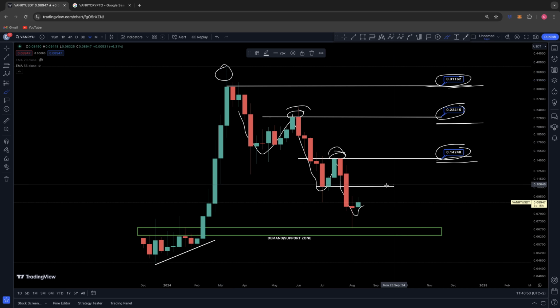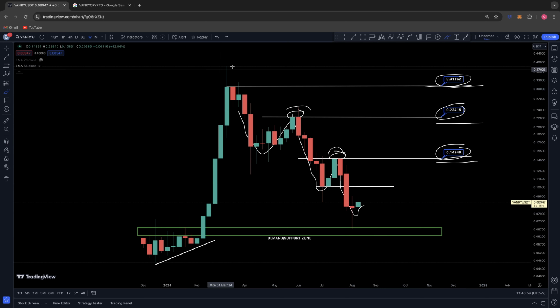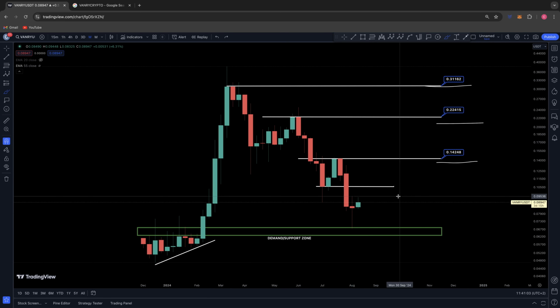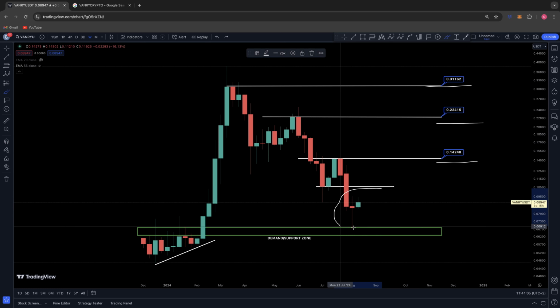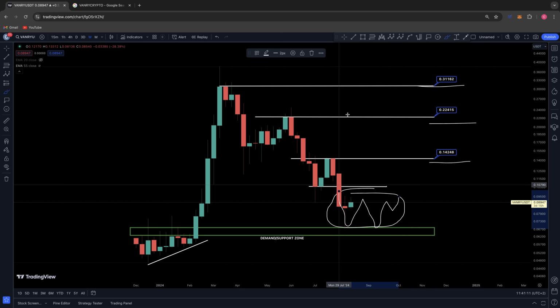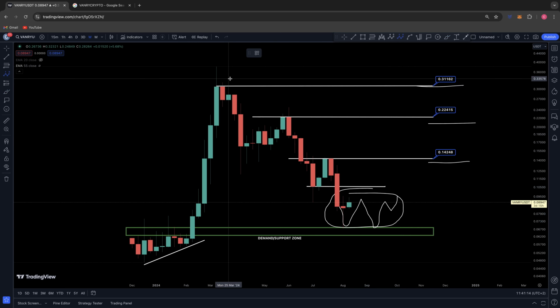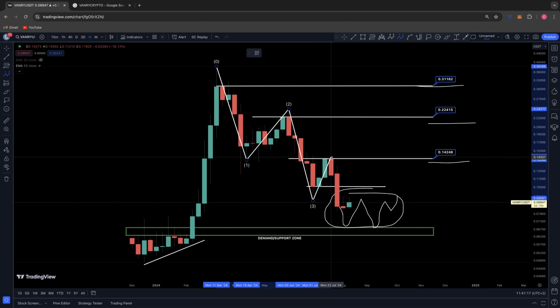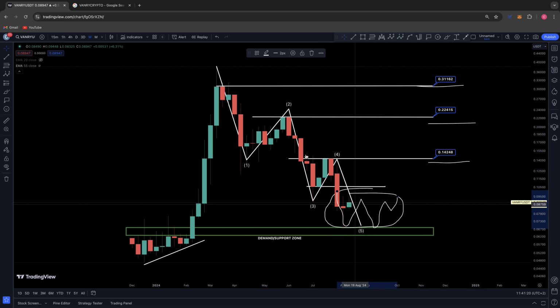So if we break the 10 cents, you've got 14 cents above, 22 cents, and then 31 cents, all to get back above in order to see retracement to this all-time high. But the reason why I think right now we are lowballing, in this sort of range, if we can hover around here for a few weeks and, as I've said, build up some sort of structure over time, then I think what we've had is just a 5-wave correction from this high. We've had 5 waves, 1, 2, 3, 4, 5 waves down,